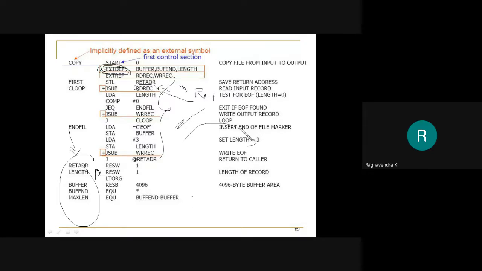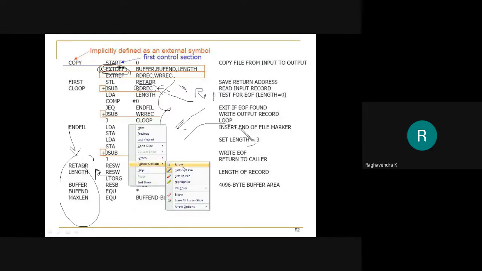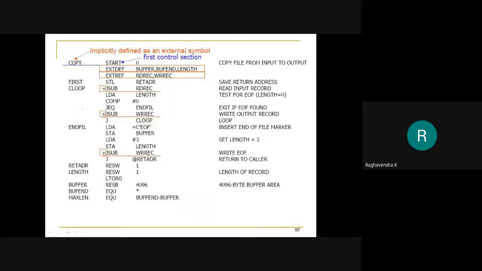Now the way to indicate which is an external reference and which is an external definition is by mentioning the labels or symbols with the assembler directives EXTDEF and EXTREF. This is the job of the programmer. He has to mention that these are the external definitions that are defined here and may be used somewhere, and these are the external references that are used here but defined somewhere else.